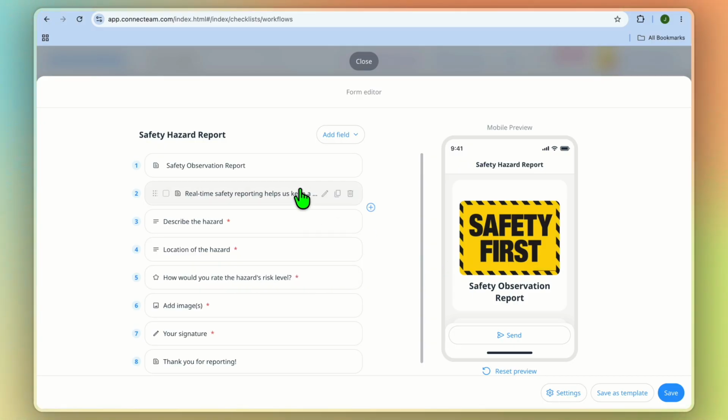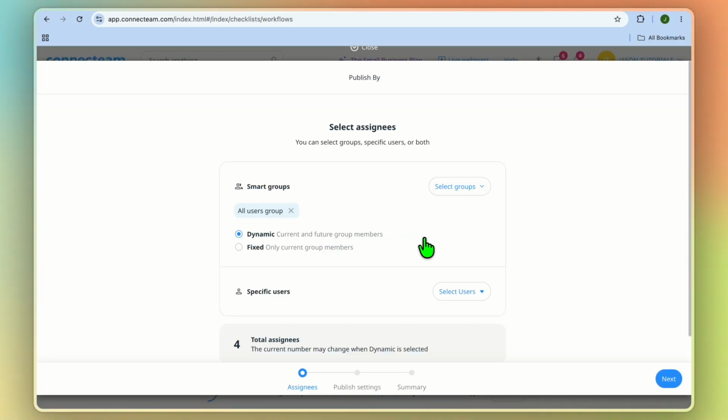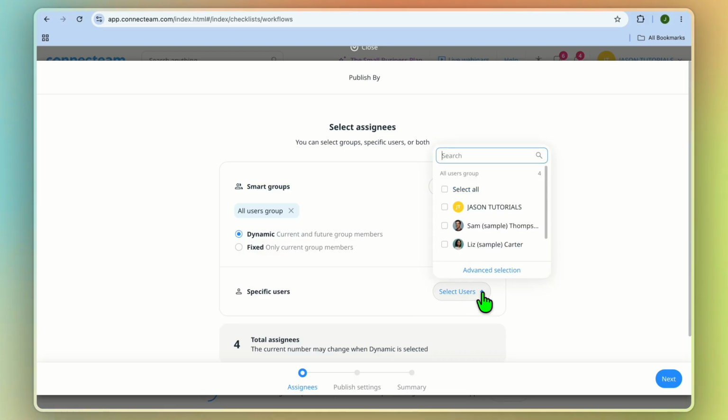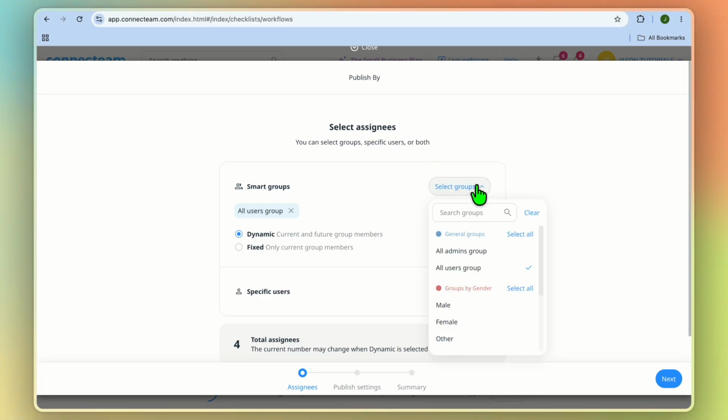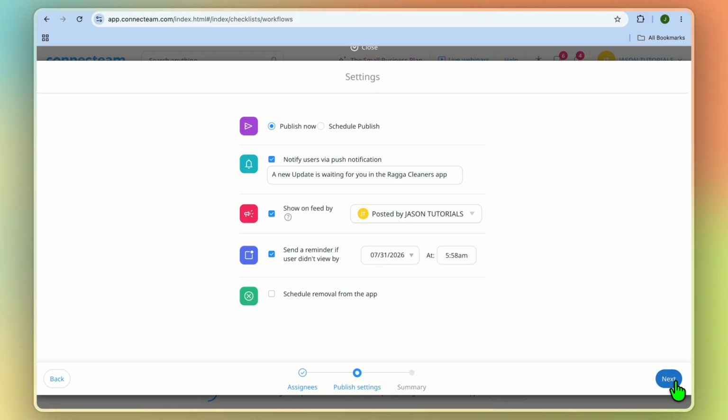Now once you have created your checklist, you're going to tap on save. After you have saved it, what you're going to do next is you can send it to specific users if you want, or you can send it to all users. So you could select a group and you could send it to, for example, field agents only. You can do that. Then you'll tap on next and you're going to see their names right here,